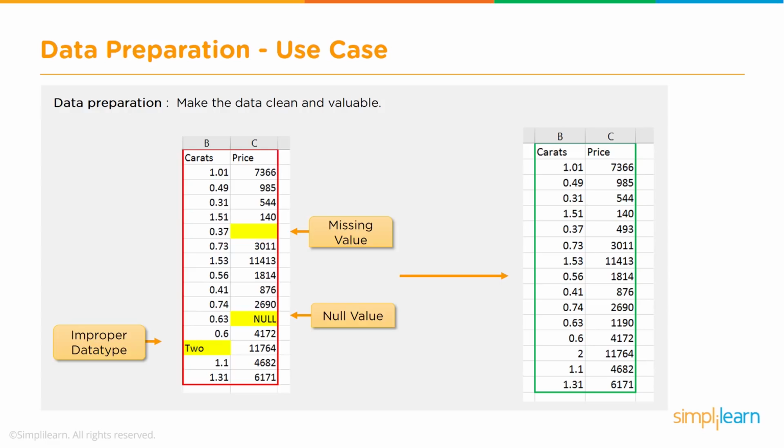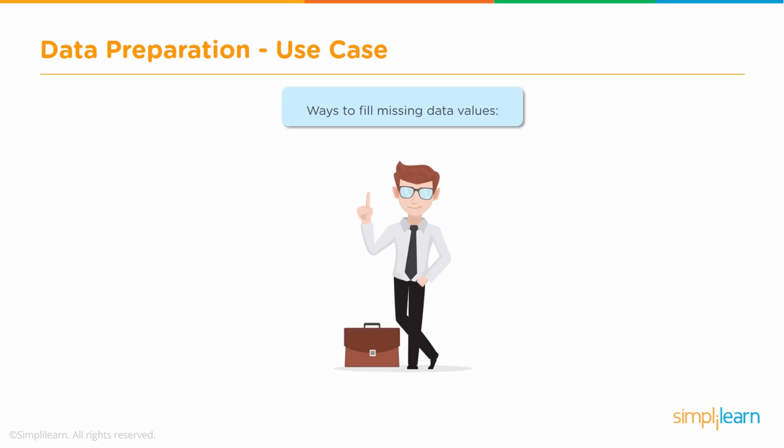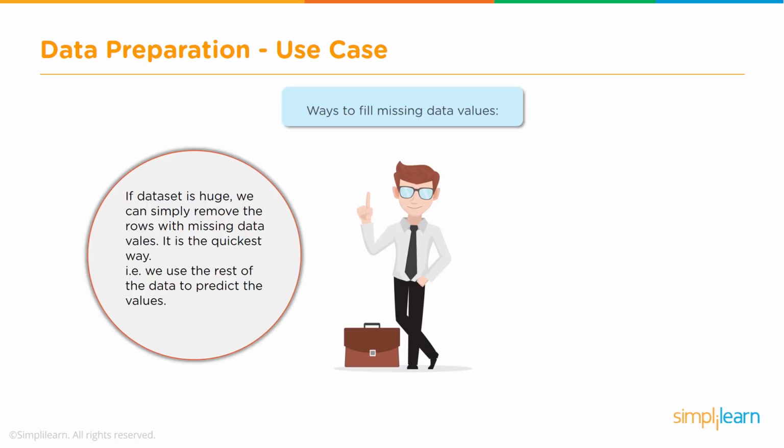These are some standard practices people come up with. And of course, there will be a lot of trial and error. Somebody would have tried out something and it worked and will continue to use that mechanism. So that's how we need to take care of data cleaning. Now, what are the various ways of doing it if values are missing? How do you take care of that? If the data is too large and only a few records have some missing values, then it is okay to just get rid of those entire rows, for example.